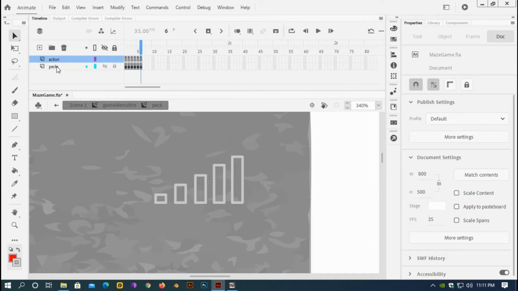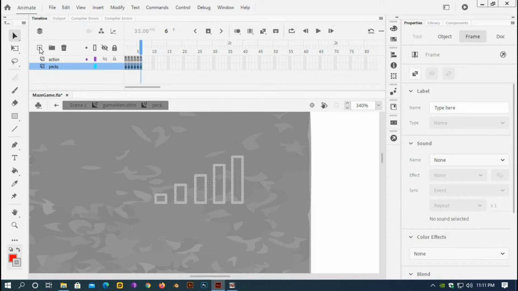And now I'll insert another keyframe, another layer,